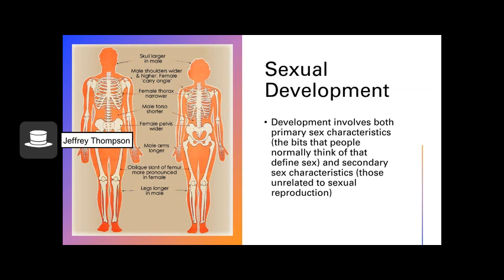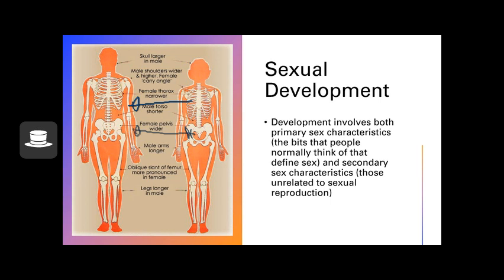So, when we're talking about sexual development, there are two main periods: prenatal development before you're born, and then puberty. So, you'll see upon birth that there are some key sexual differences, the presence or absence of a penis or vagina, right? But as time goes on, more differences will become apparent. So, for example, differences in the shape of the hips and waist,